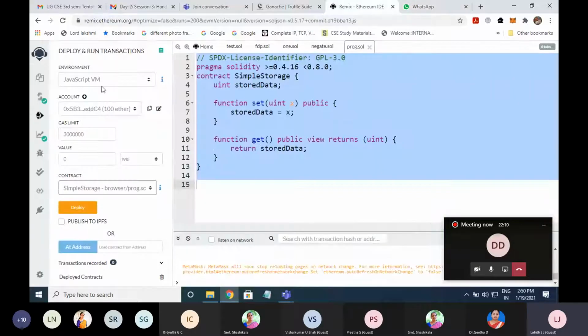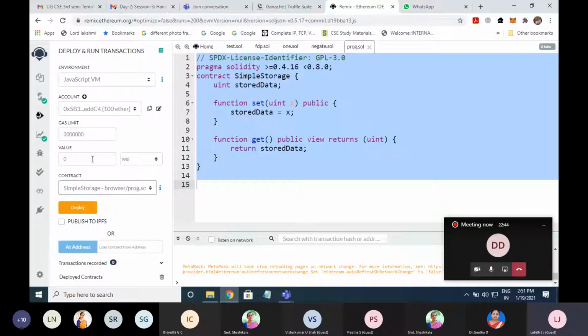That is the address, I mean the externally owned account. In that, you can see each account has 100 ether. Next, gas limit. I am specifying this gas limit value, indicating that when I keep executing the smart contract at one time and the gas crosses that limit, my program will not be deployed.